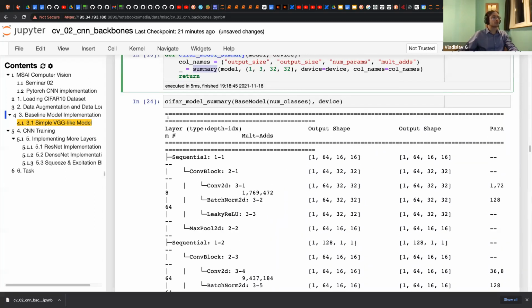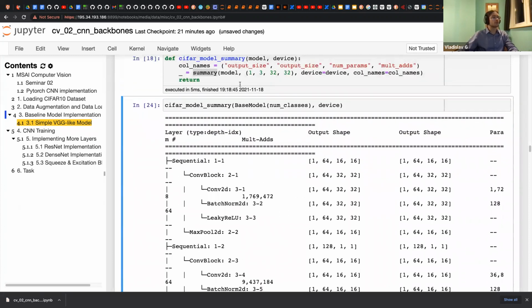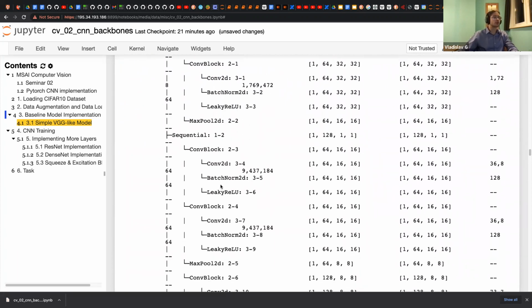Broken is only the header, but the body is okay, I think. So here we have a more detailed view on our framework. Yeah, and really nice visualization of our neural network.